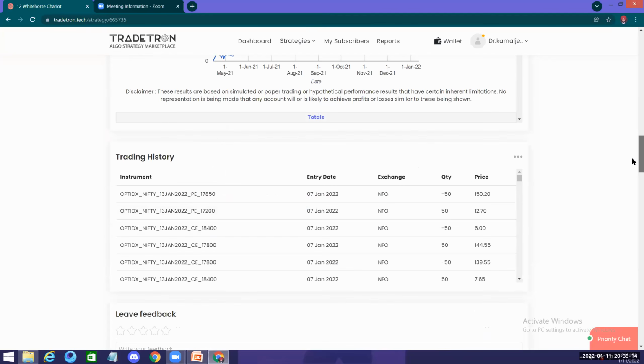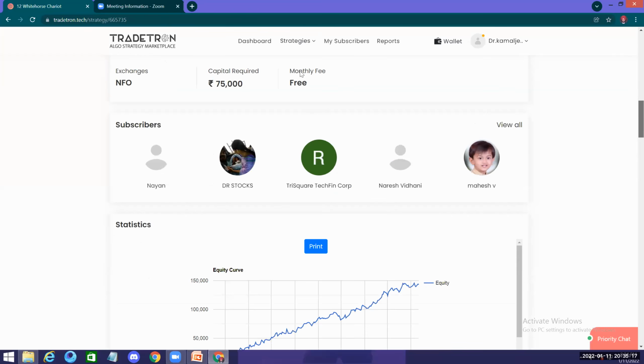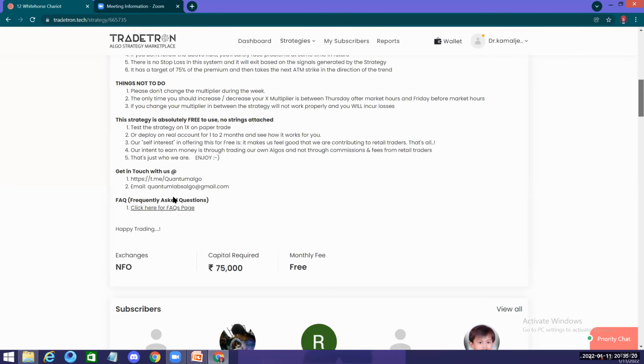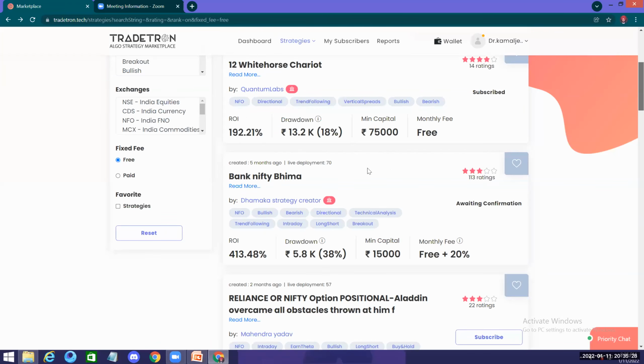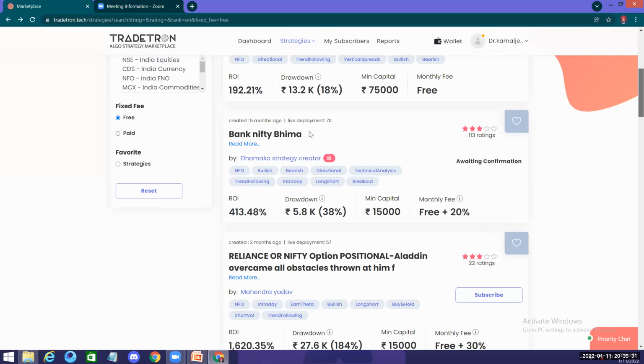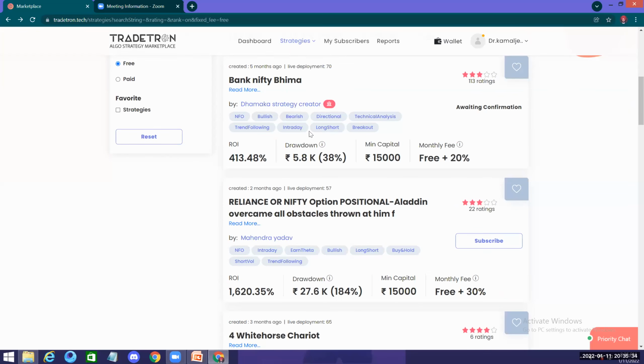So this is the advantage of doing algo trading without knowing how to trade or how to code. And again, a Bank Nifty one. You can see your returns and the capital required. Be very careful. There are a lot of fake things coming into the market. Please, please, please be very careful. There is a set pattern of rules when you subscribe to any strategy. You go and read their reviews, and you will actually come to know what kind of people they are. So rule number 1 is, let me take you to Tradetron.